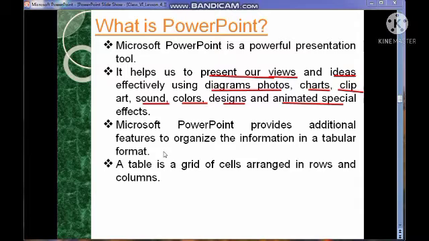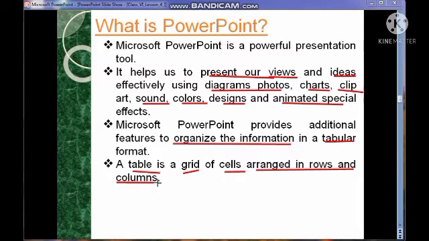Microsoft PowerPoint also provides an additional feature to organize data and information in tabular form, means in tabular form we can display all the data as well as a table. As I told earlier, a table is a grid of cells that is arranged in rows and columns.